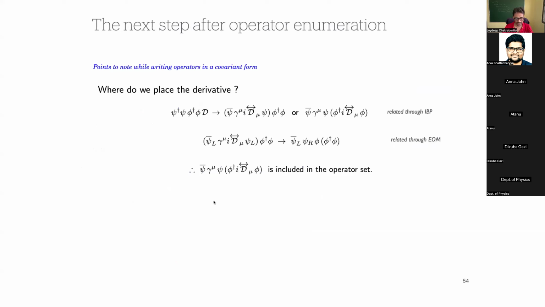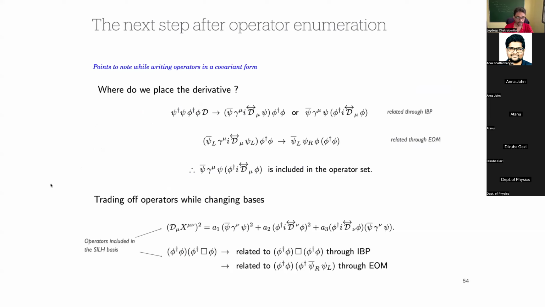So now the question basically, there are some thumb rules we have mentioned in our paper. While constructing, we should be careful about a few things. For example, if you have a polynomial psi dagger psi phi dagger phi D, where to put this D? Between these two phi or psi. In principle I can write down this operator from here, or I should be able to write down this operator from here. Okay, but interestingly, if I write down this operator, then you see you can use the